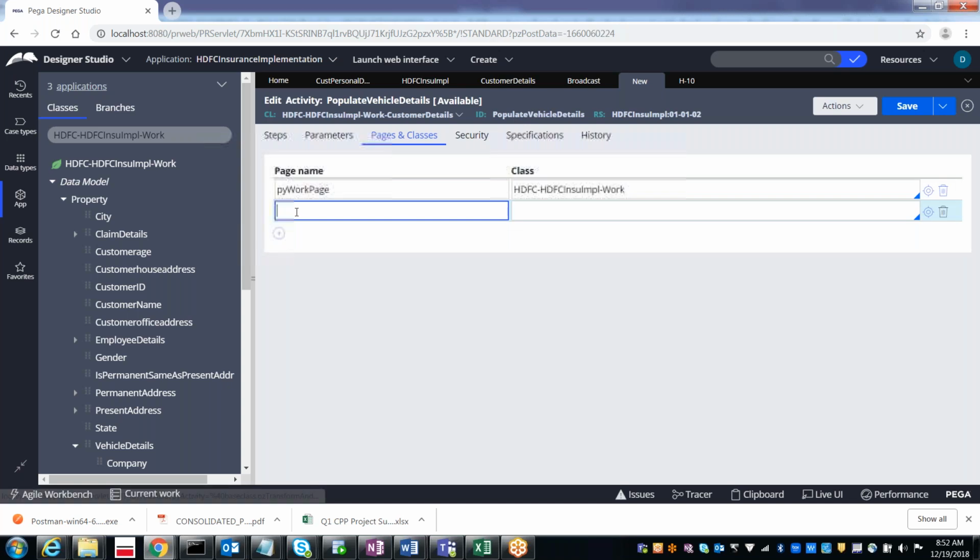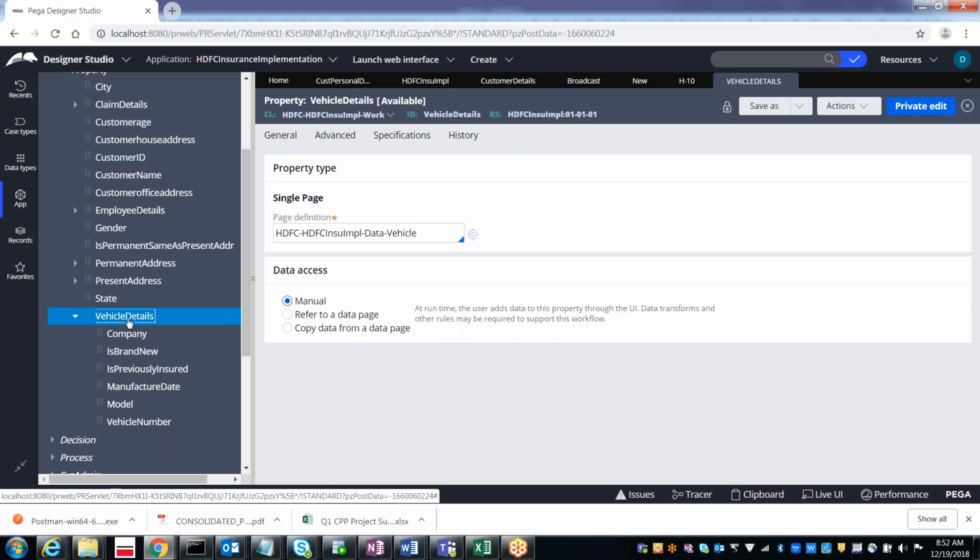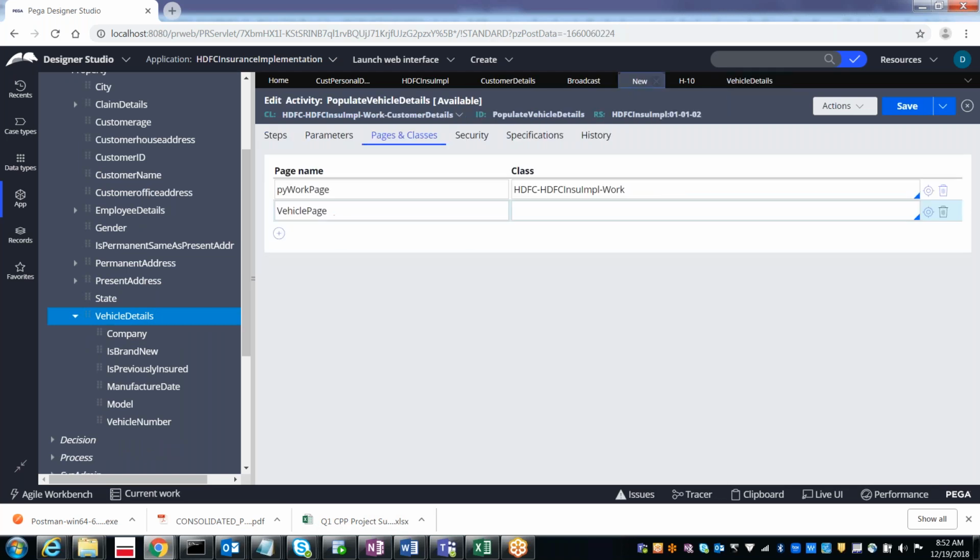For example, I wanted to create a loan page, sorry, vehicle page, right? So I said vehicle details, vehicle page. And this vehicle page is referring to which class? Data-Vehicle. So this you need to give over there.